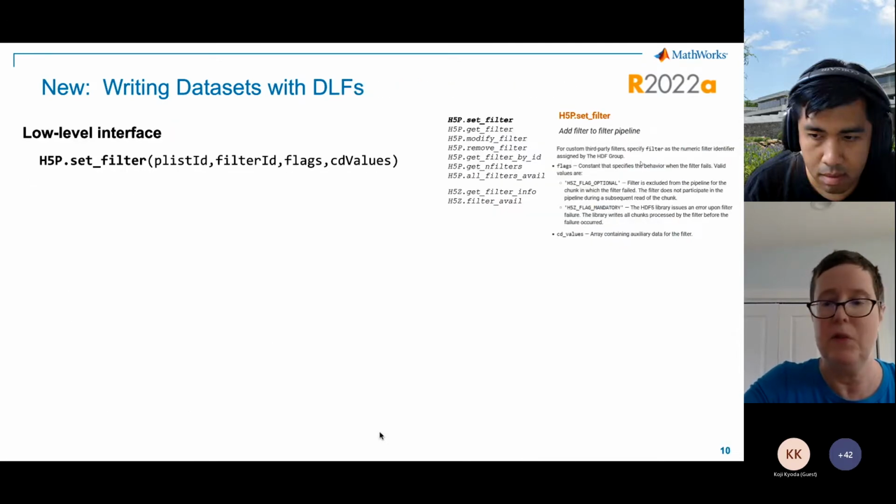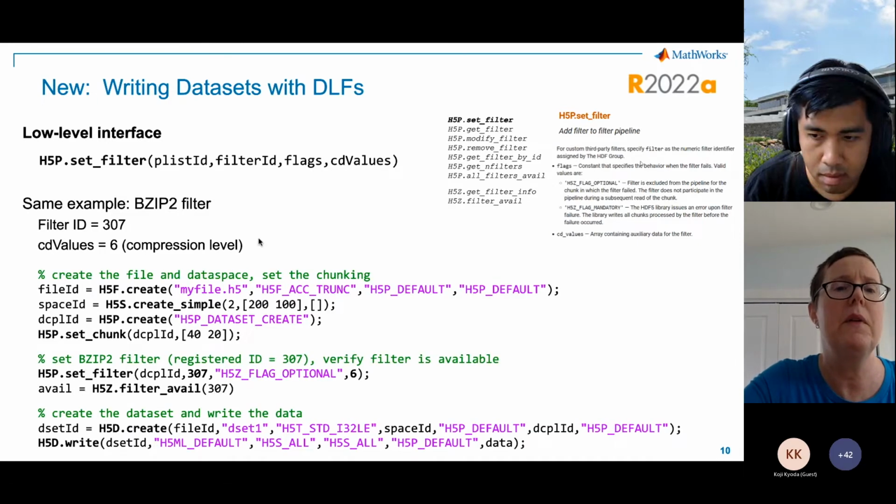And for those of you who are more C programmers and who like to use our MATLAB low-level interface, we have the long-existing function H5P set filter. What we did here is simply enable this filter ID to be something other than the predefined filters in the HDF5 library, like gzip. So here is low-level code in our low-level interface, the same example. You set up the data set as usual, set up chunking as usual. The only change here is our wrapper H5P set filter, and you pass in the filter ID and the filter flags and the